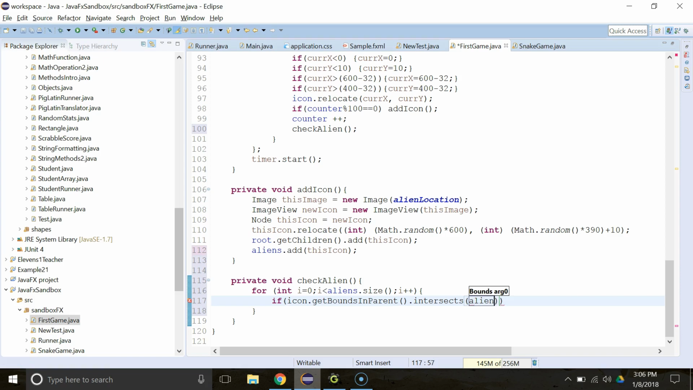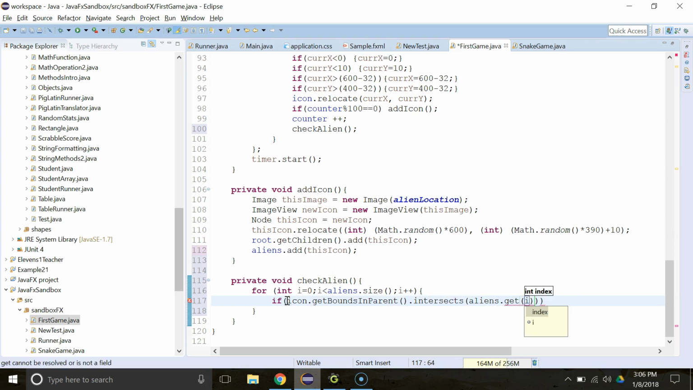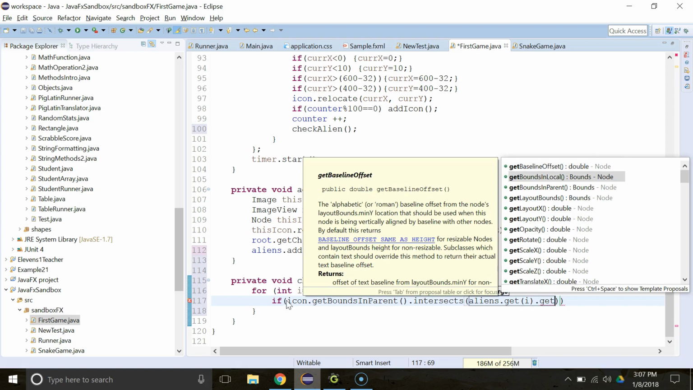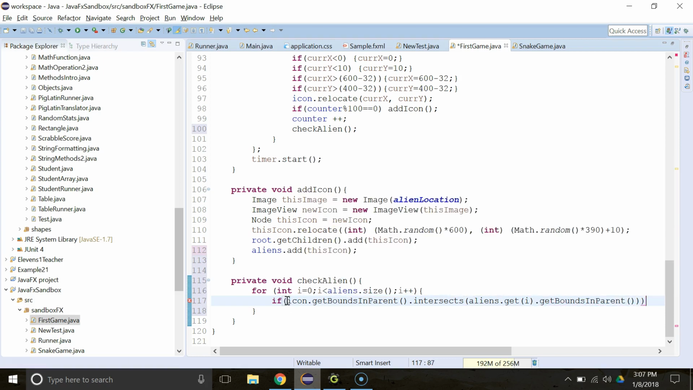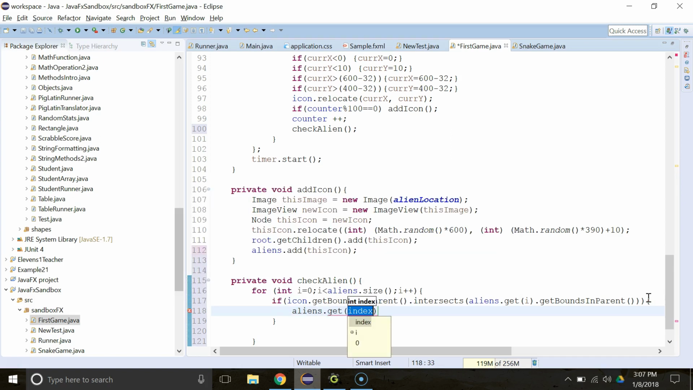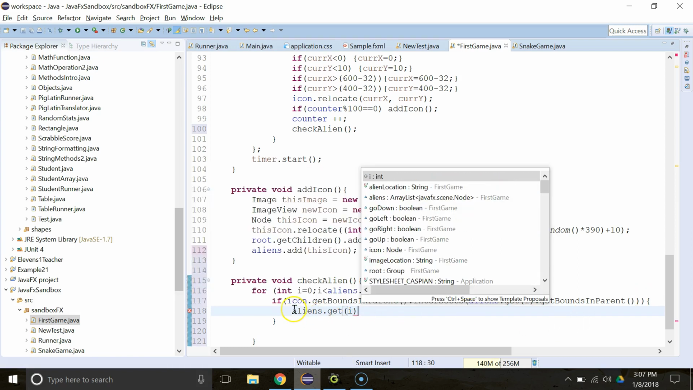So the alien is going to be aliens.get(i).getBoundsInParent. Okay, and so I'm checking that there to see if there's an intersection, and if there is, then I need to essentially delete them from the screen. So I'm going to say aliens.get(i). What I want to do is remove this child, and so I'm going to go back here and say